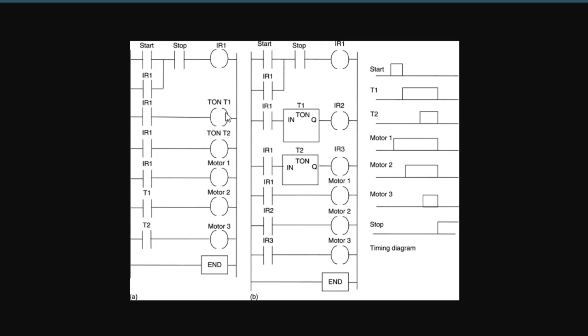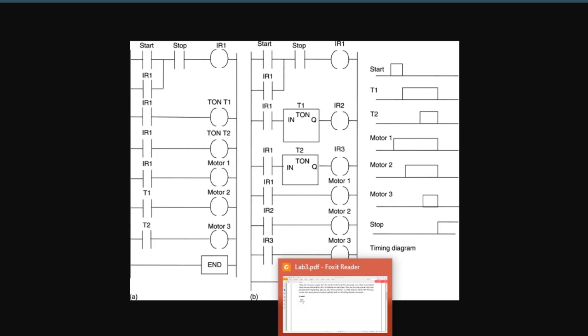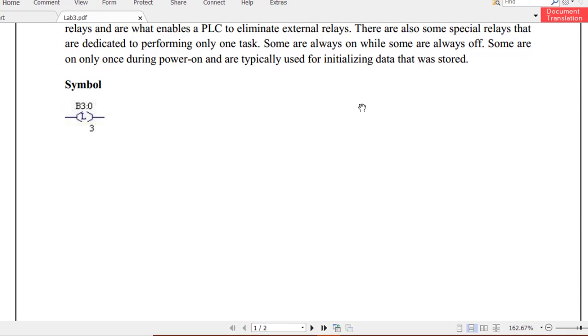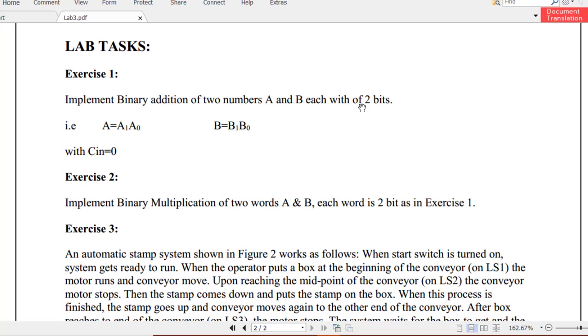So this is what is meant by internal utility relays, and you need to understand that they do not exist physically and are not directly accessed by us. They cannot be directly turned on or off by the outside world switches. They are just parts of the circuit that we need to have output from, and we use these outputs further in our circuits to run the circuits smoothly and to perform the functions. So what are the applications for these internal utility relays? Let's move to the tasks and you'll understand these things better.